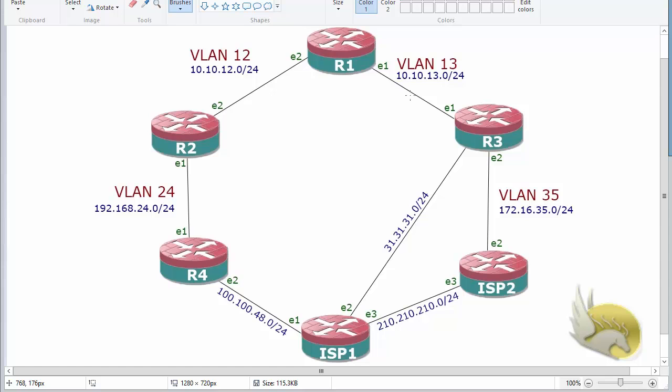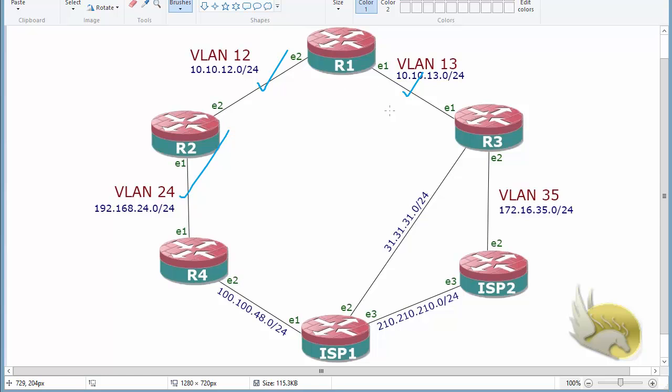Actually, if you have networks with different connection types, such as frame relay here, 10 gigabit per second here, and 100 megabit per second here, RIP is not a good choice for your network. You are not going to use RIP in such a network. You are going to use OSPF. OSPF is a better choice. But if all my networks are of the same type, for example 100 megabit per second, RIP is a very